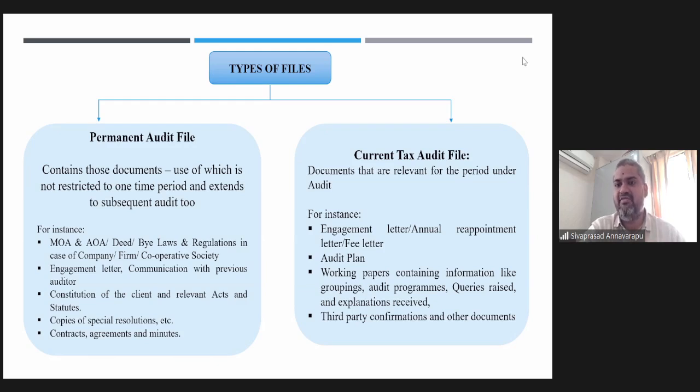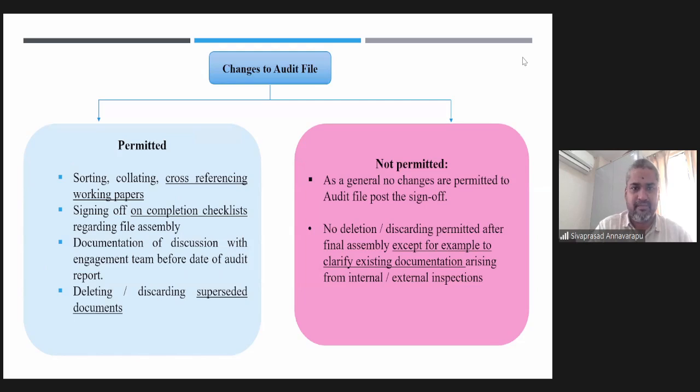And while the current audit file is like a running account of the audit findings, where we keep anything that is relevant for this particular period under the audit. Of course, again, the comparison or the division is not very watertight. What can be kept on the current file can also be kept on a permanent file if auditors feel so. But then it is for a better organization of the audit documentation. And also, while we go for the next year, subsequent years, it is very, very relevant for us to refer to the permanent audit file because that gives us a perspective as to the context of the audit.